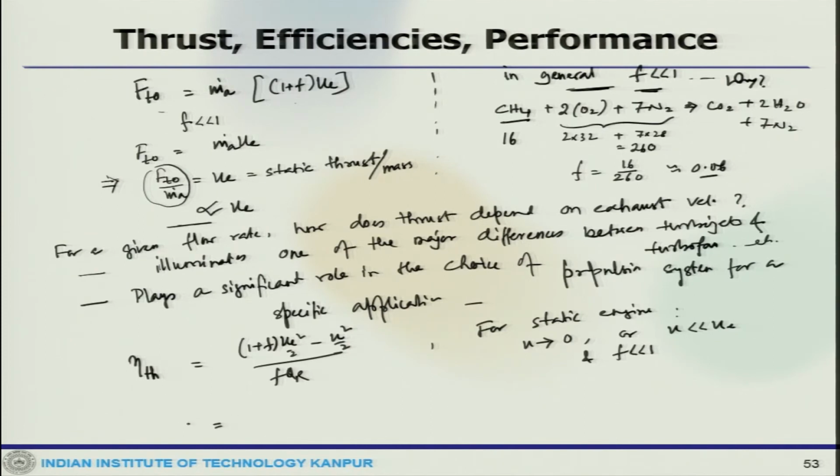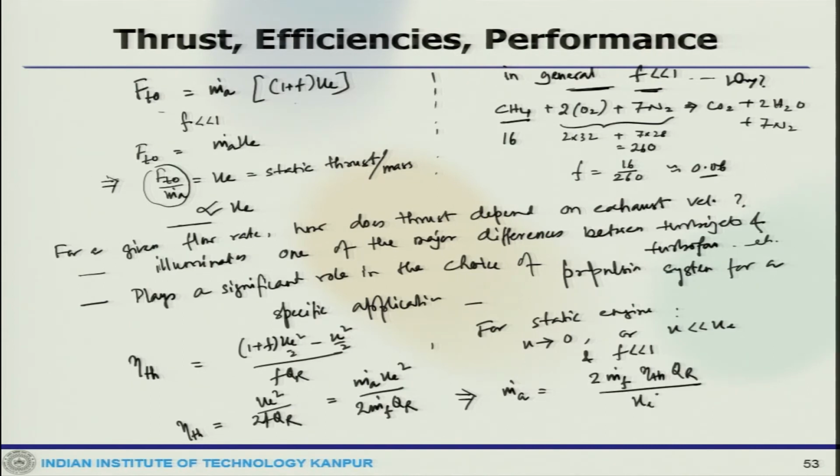Then we can write this thermal efficiency as U square by 2 F Q r, which is equivalent to writing m a U square by m dot Q r. Now, from here we get m dot A equals 2 m dot F eta thermal Q r divided by U e square,